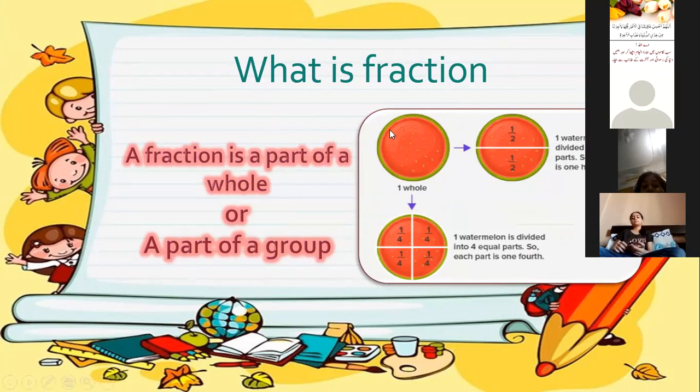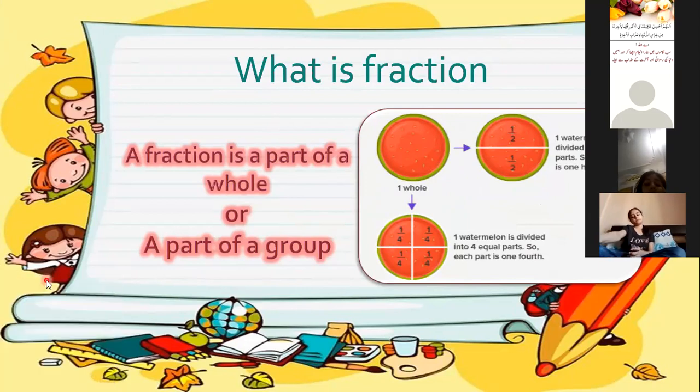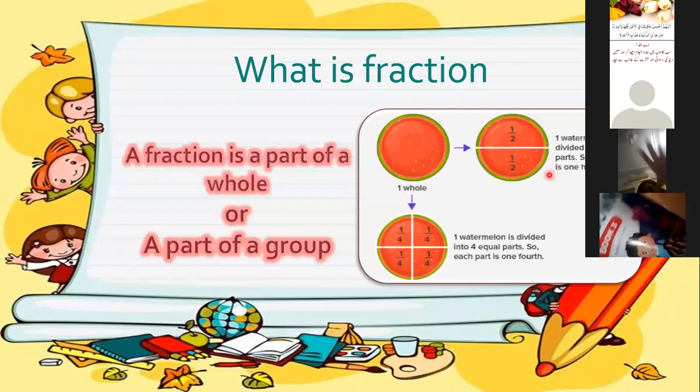You can see in this figure that this is a whole. Now we have divided this whole into two parts.